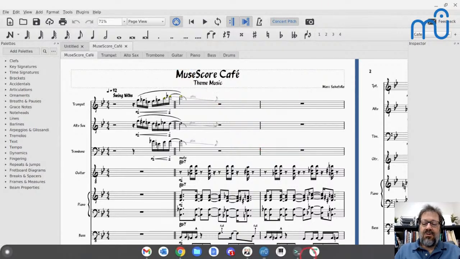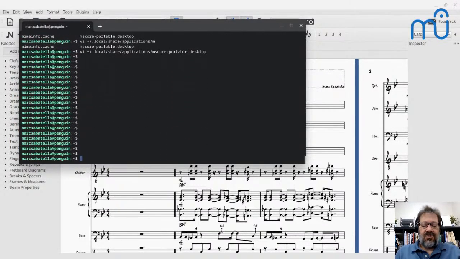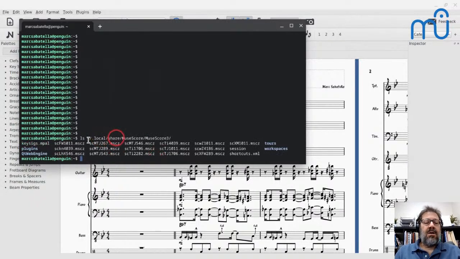So if I open my terminal window in Linux, I have to remember where it is. I think it's in .local/share/MuseScore/MuseScore3. Local, share, MuseScore, MuseScore 3. This is the same